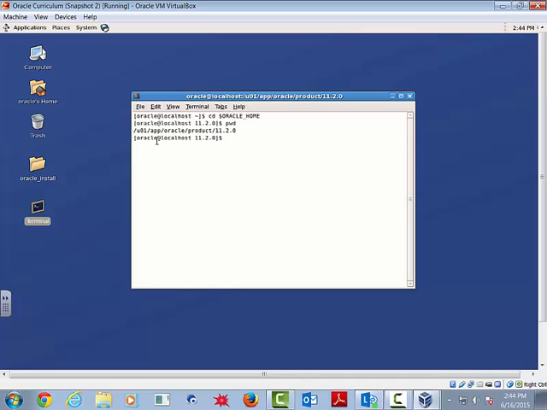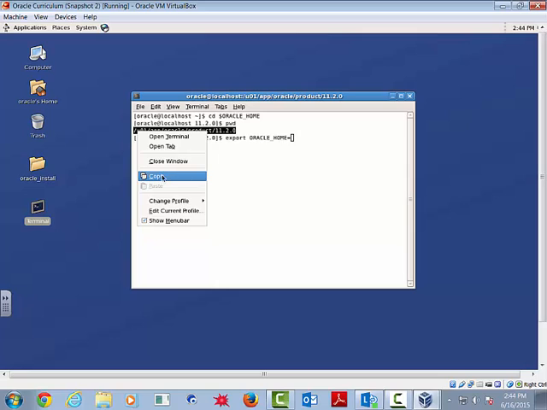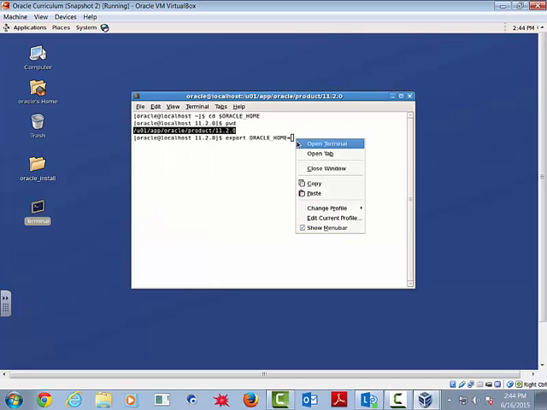It's going to tell us what the pathway to the directory is, and I've highlighted that for you on the screen. And now we're going to export that path. We're going to type export ORACLE_HOME=, come over here, copy it, and paste it right behind the equals sign. We're going to click enter,